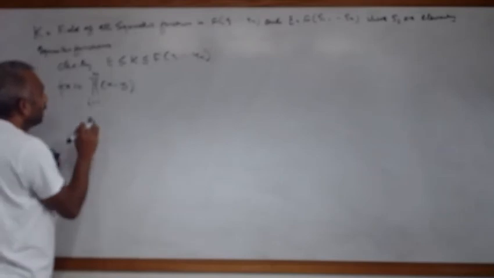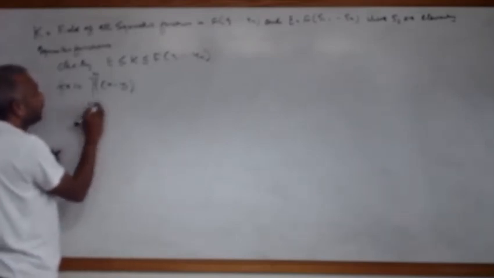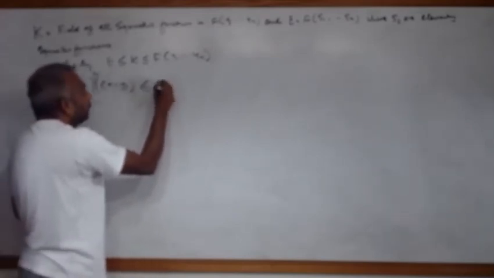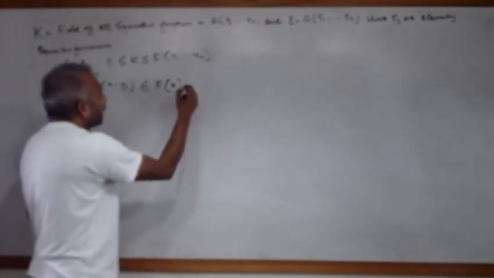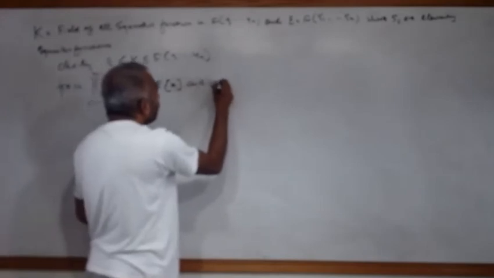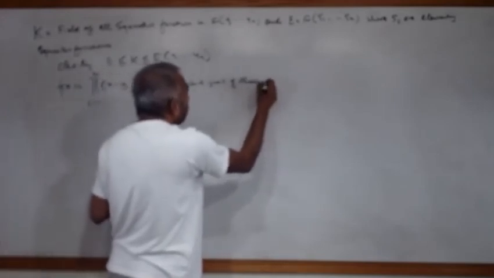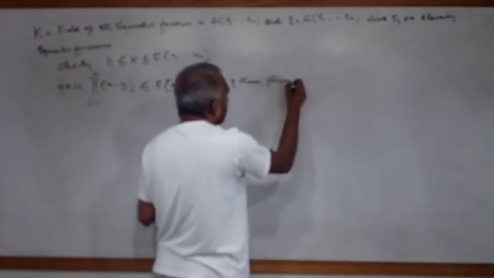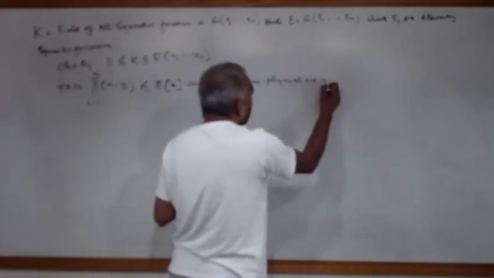Now let us consider a polynomial f of x equal to the product over i equal to 1 to n of (x minus yi). The coefficients of this polynomial are in E, so definitely it belongs to E of x. And the zeros of this polynomial are y1, ..., yn,